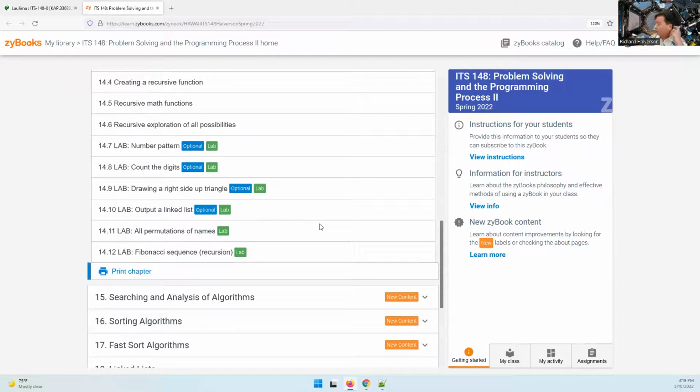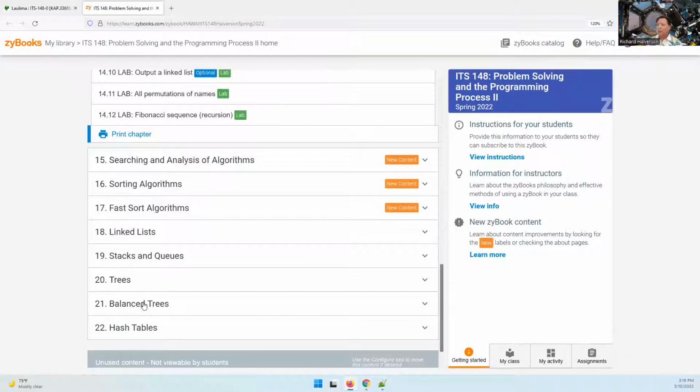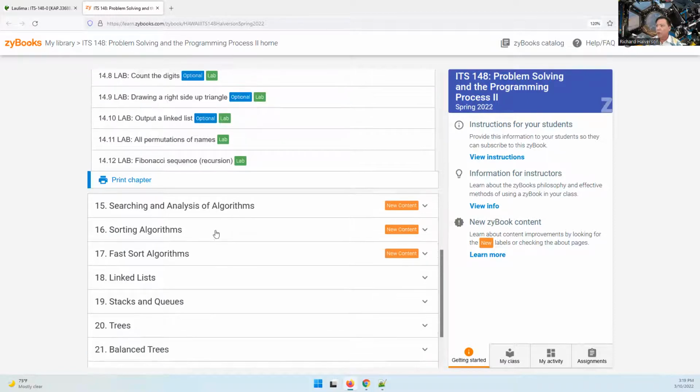Interesting chapter. It's not until we get into trees and balanced trees where recursive algorithms really come in handy. Until then, it's like, why do we do it the recursive way? It's too hard to understand what's going on in your head. But when we get down to trees and balanced trees, you'll see it's really convenient to think of things recursively. So, we're learning it now. Let's try this